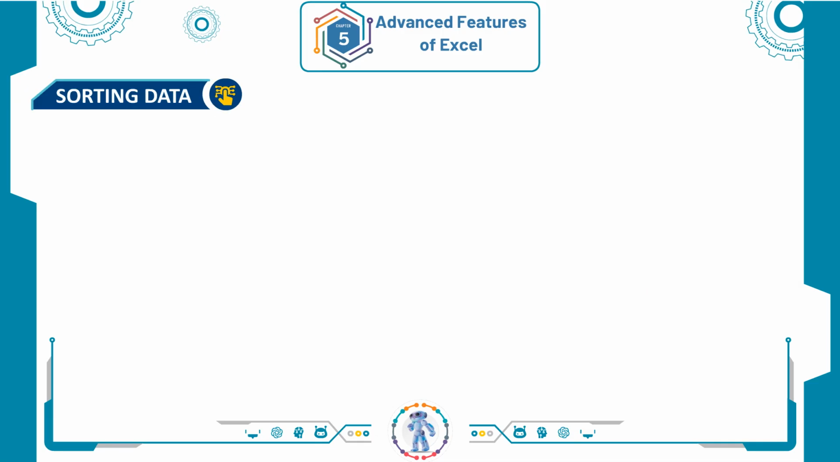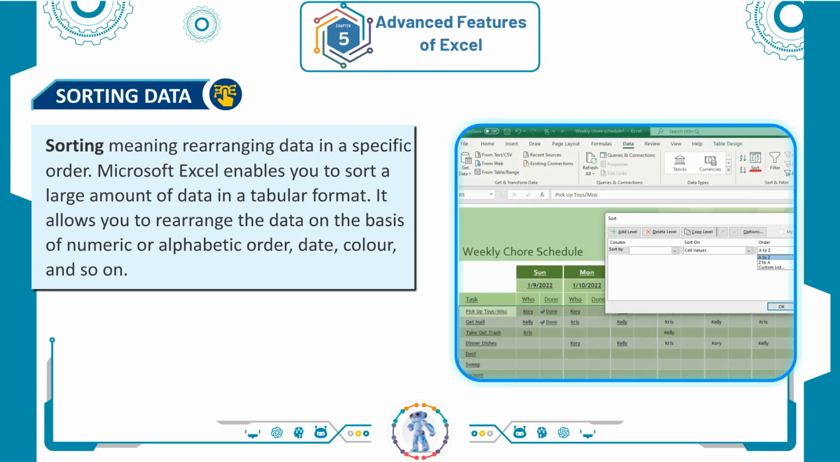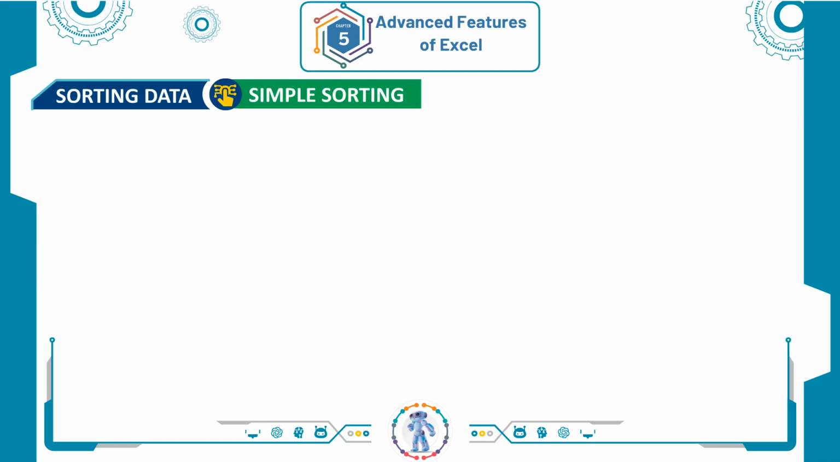Sorting data. Sorting means rearranging data in a specific order. Microsoft Excel enables you to sort a large amount of data in a tabular format. It allows you to rearrange the data on the basis of numeric or alphabetic order, date, color, and so on. Simple sorting